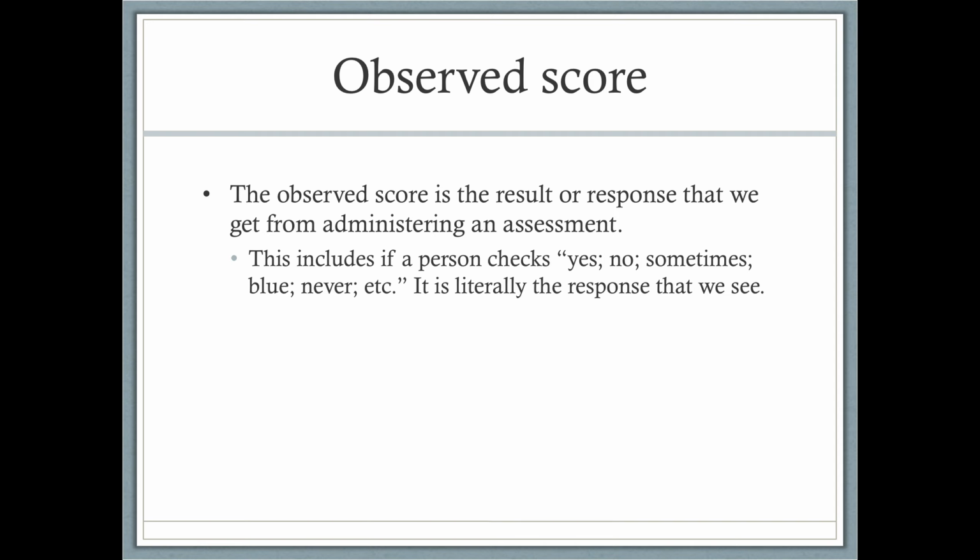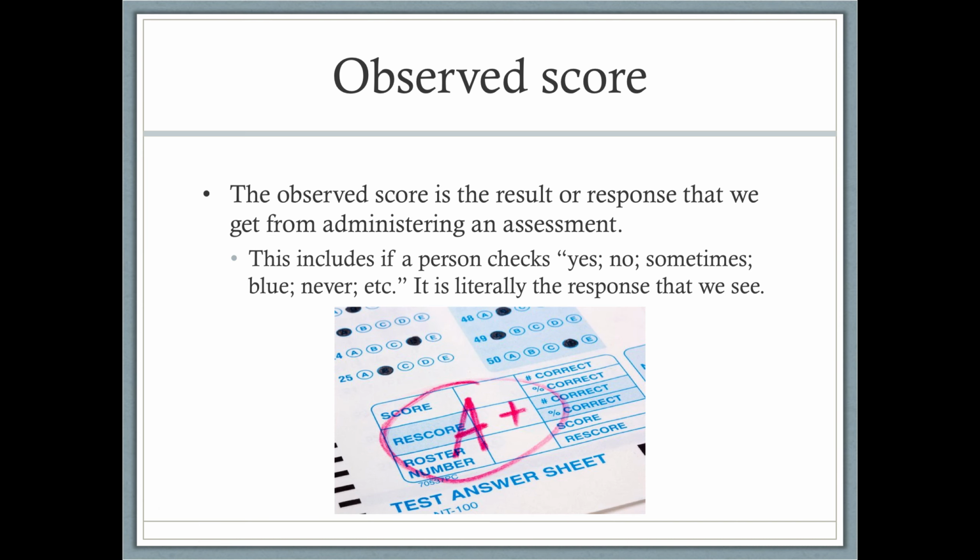And so that observed score comes from them participating in the assessment, right? It's whatever the score is. It's like your grades, right? How good are you at multicultural counseling or assessment or human development? Well, I can't look at you and just tell. I can't just ask you. So we give you a test, right? And what I get on that test is the observed score. And if it's really high, no one ever has a problem with it, right? Like if you got a 100, you're not going to be like, oh, I was having a really lucky day. But if it was bad, you would probably say, I don't think that's reflective of what I know, but that's what I have to work with.